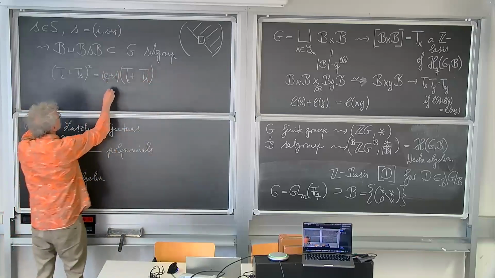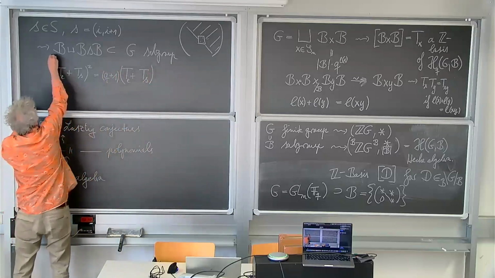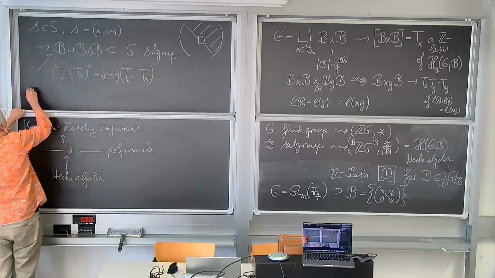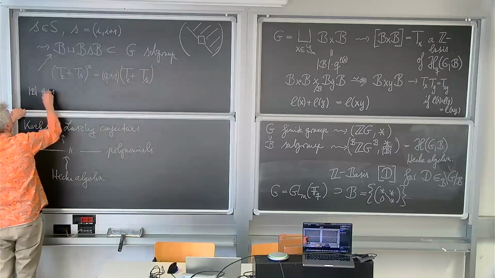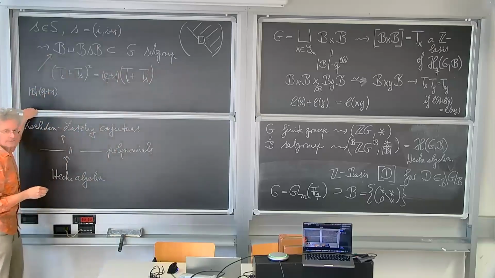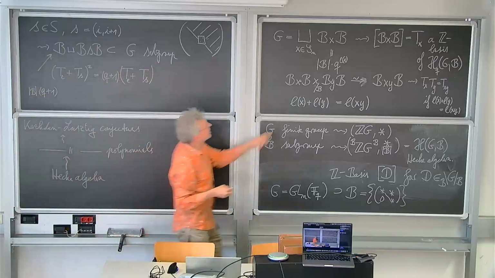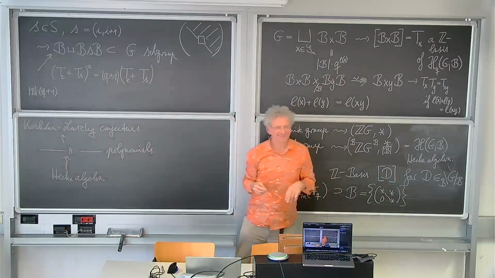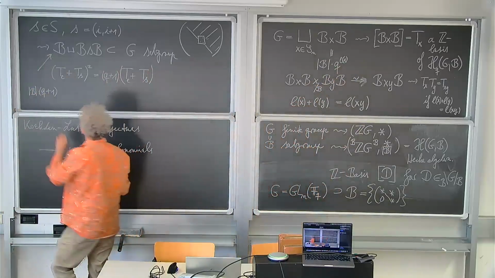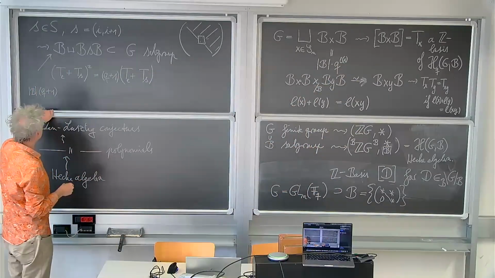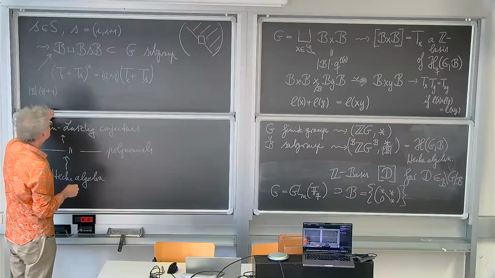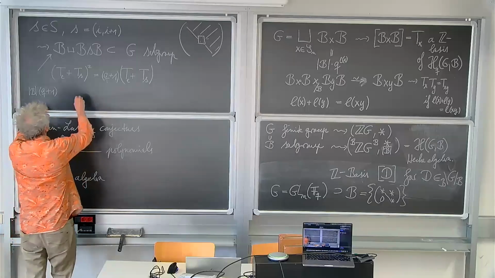This group has the cardinality of B times Q plus 1. Yeah, that's whatever. And I divide it out, so I get this equation here, and so I find that